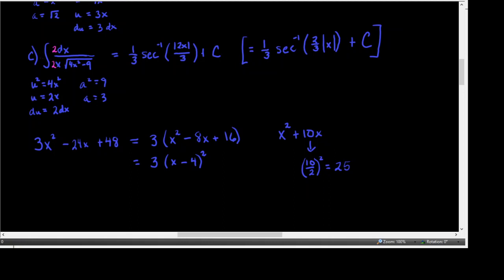Now, I wanted a 25 in there, but I don't want to change the value of x squared plus 10x. It's got to be equal to this. Well, the only way you can do that is using mathematician's trick number 2, which is add a form of 0. Mathematician's trick number 1 is multiplying by a form of 1. Like when you have something like,